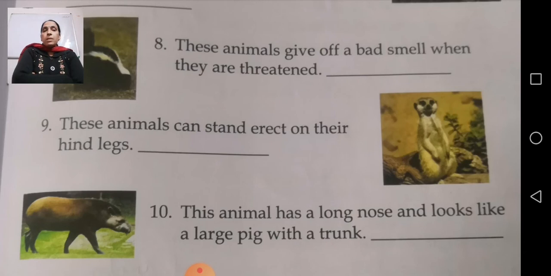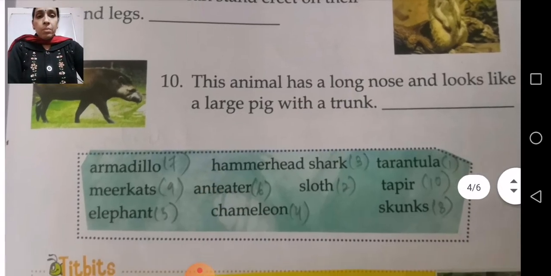So again, very important: long nose and looks like a large pig with a trunk. That also, number 10, you are going to remember.